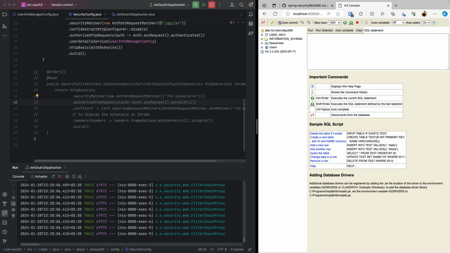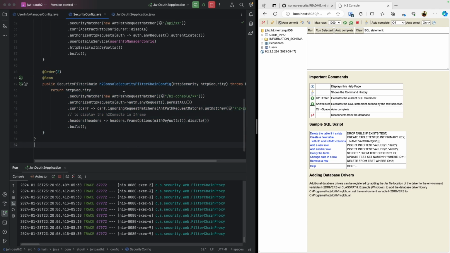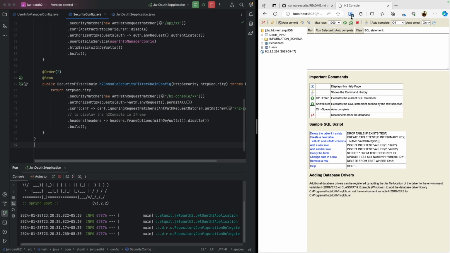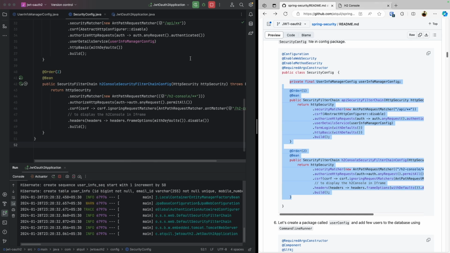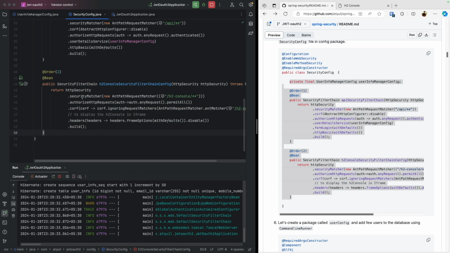Okay, delete from the H2 console. So yeah, why we are writing this for the H2 console is simply